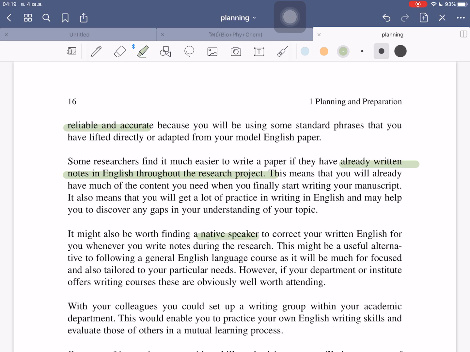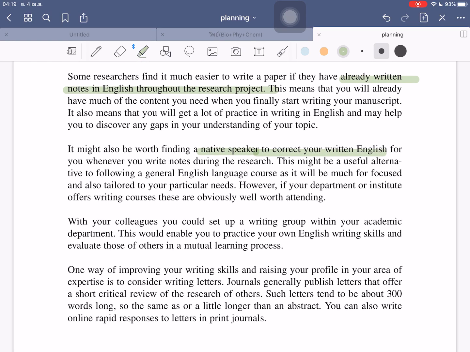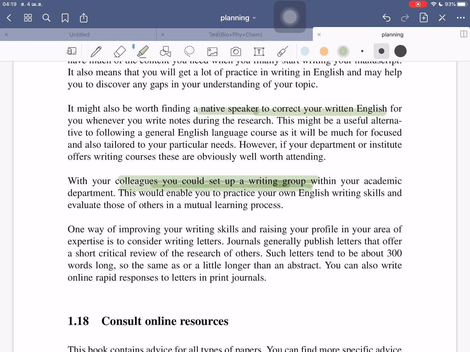Then you can have a native speaker correct your written English. You can consult your colleagues and set up a writing group. Have your friends read each other's papers. Or one way to improve your writing skill,